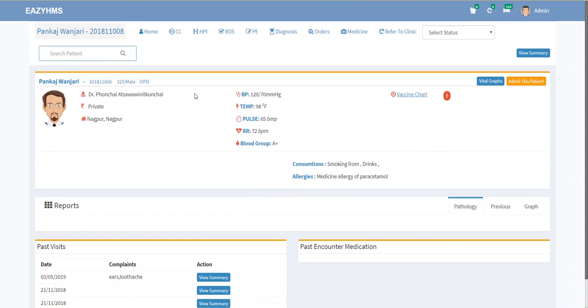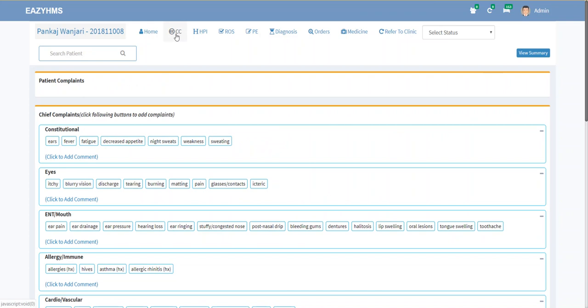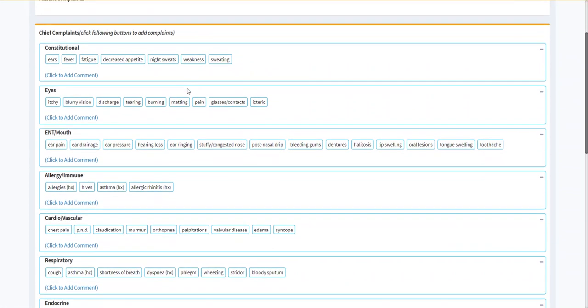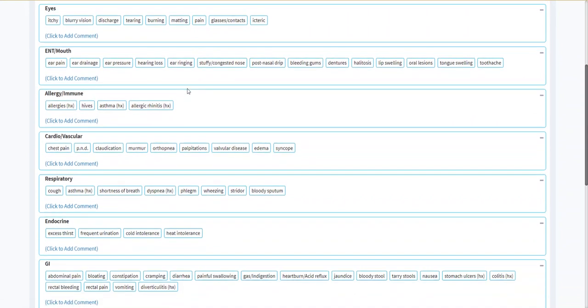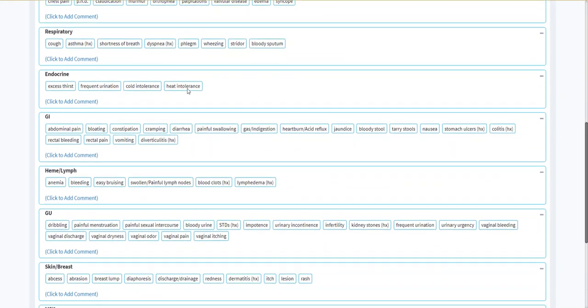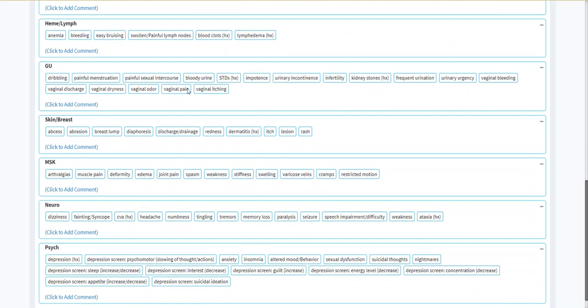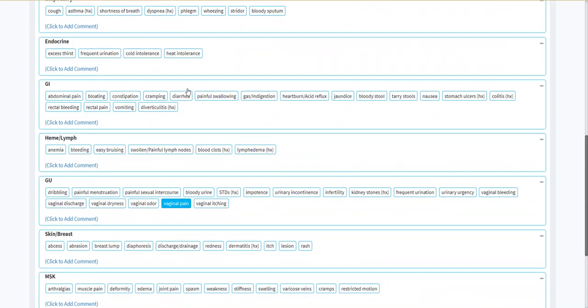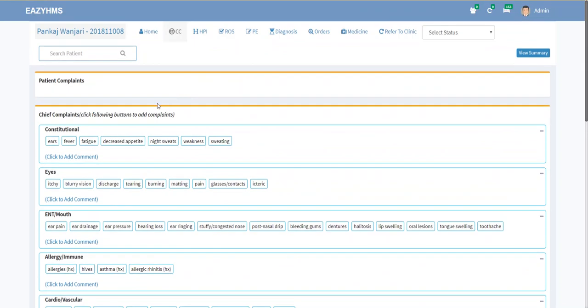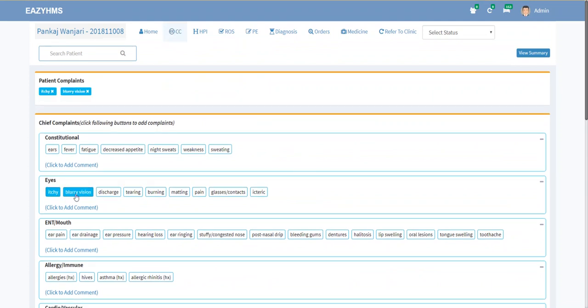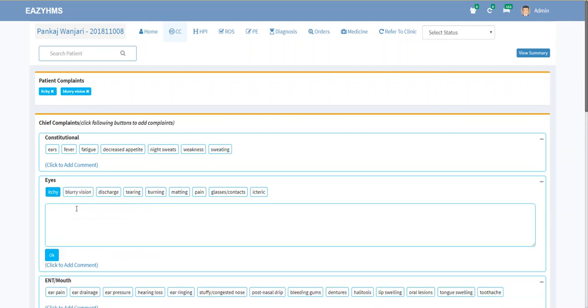So let's jump to the chief complaint. Here we have given this nice template with buttons, so the doctor doesn't need to type anything. This can be configured as per the specialty, so the doctor doesn't need to look at different areas. Just click the itching and blurry vision. Just a click and the chief complaint is noted down. Still, if there is anything that the doctor wants to add,